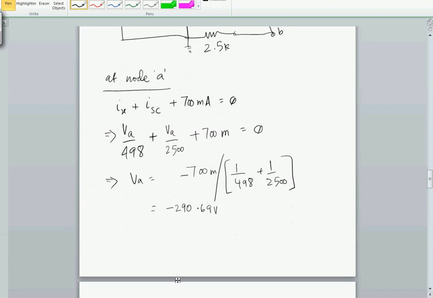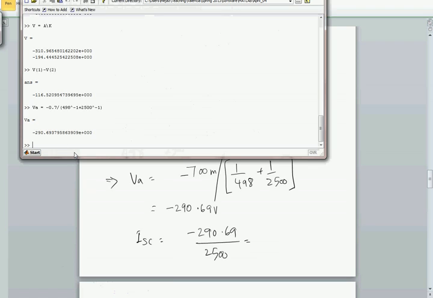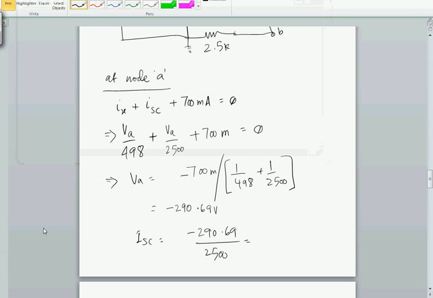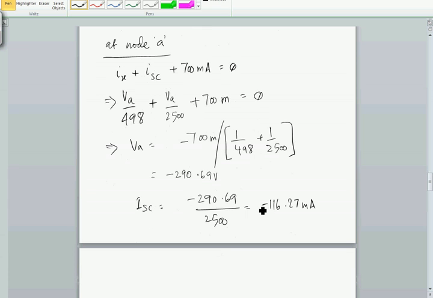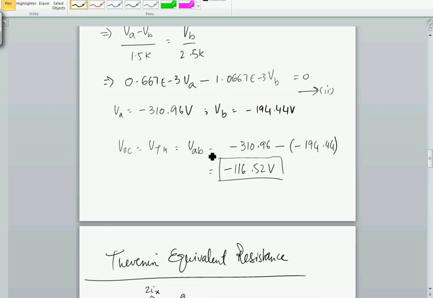Hence ISC will be equal to negative 290.69 divided by 2500, which is VA divided by 2500, negative 116.27 milliamp. Okay. Now we have Thevenin equivalent voltage, which is the open circuit voltage between the terminals where the